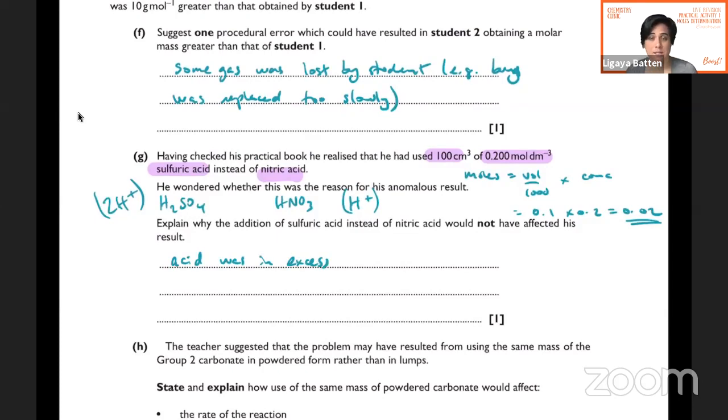So it actually doesn't matter whether she used nitric acid or sulfuric acid. Sulfuric acid would have the effect of providing more moles of the acid to the reaction, in relation to how much carbonate was needed. So because the acid was in excess already from the nitric acid, then having sulfuric acid instead would not have affected the result. So acid was in excess, or the carbonate is the limiting